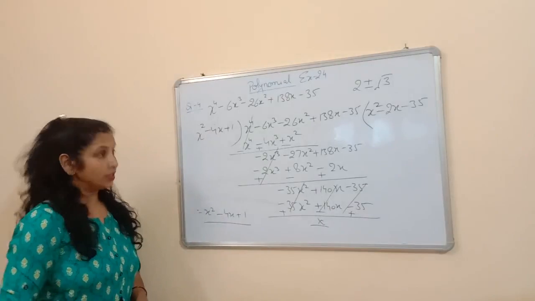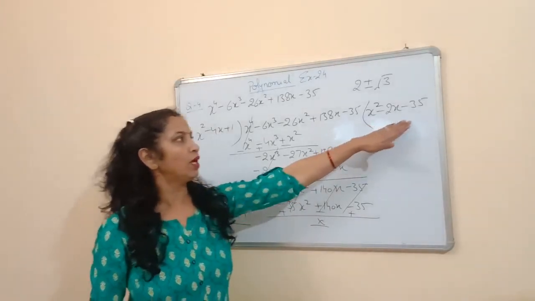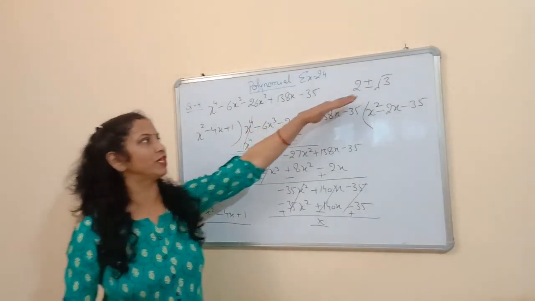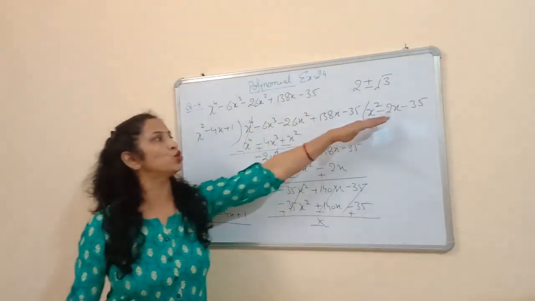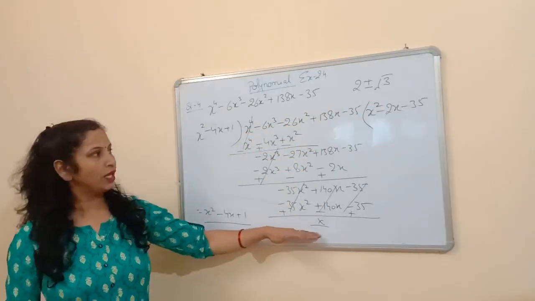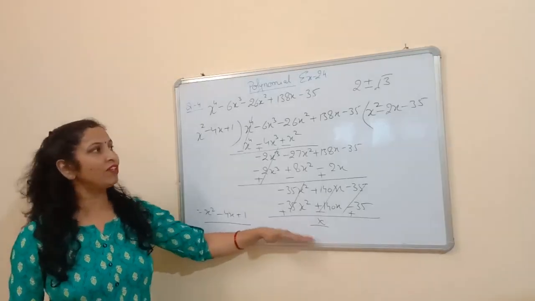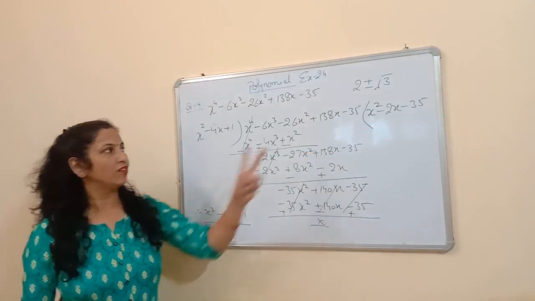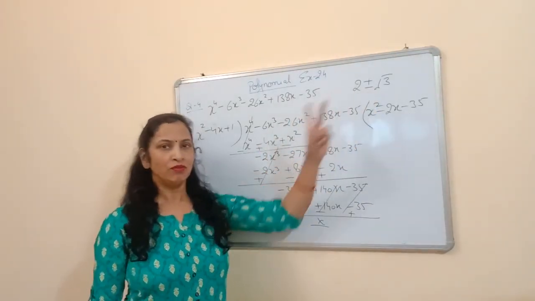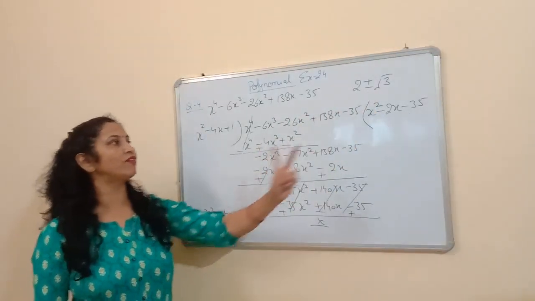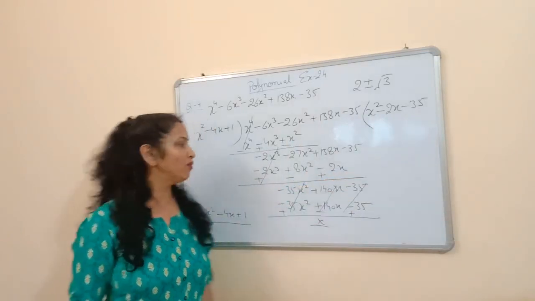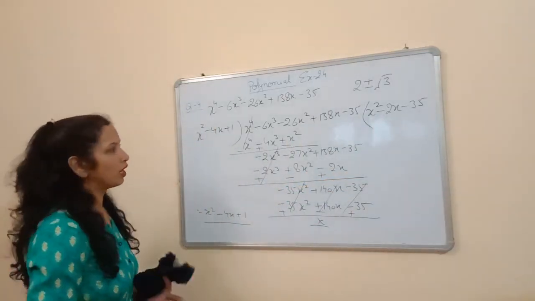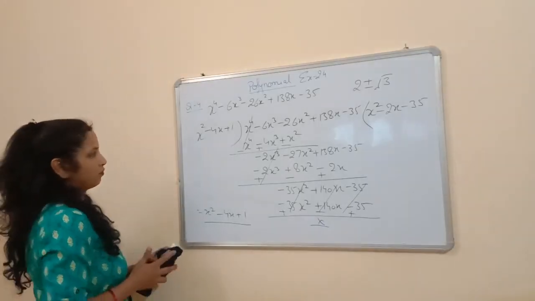Now this is the question. By dividing this polynomial by the factor of the equation we get the quotient and the remainder 0. Now what will we do? We will factorize this quotient to find out the other two zeros. We have two zeros in the question. For finding the other two zeros, we will factorize this quotient. Okay. For writing this whole division, you can pause your video. I am going to rub this one.